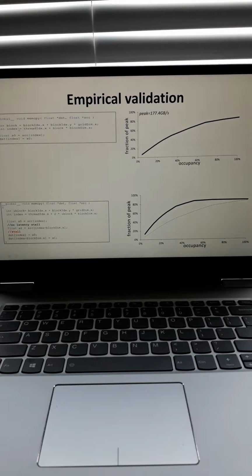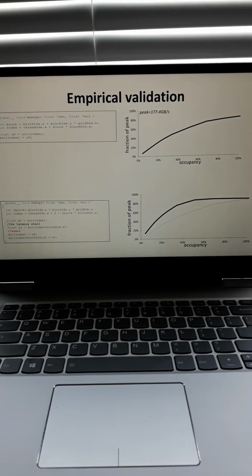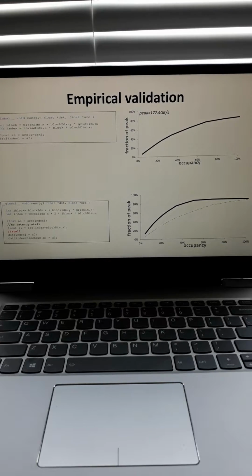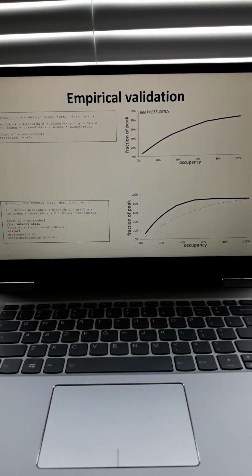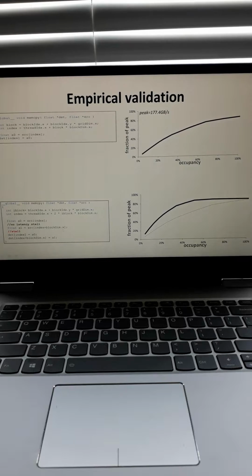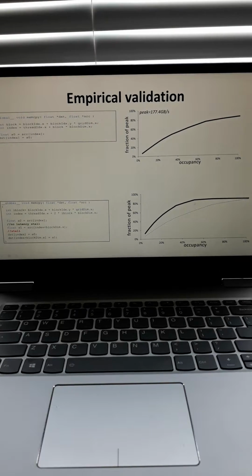To get a peak of 84%, we need 100% occupancy. In the second case, we are copying 2 float values per thread instead of one. That is, A0 equals source index and A1 equals source index plus block dimension into X. We can see here that to achieve the peak of around 84%, instead of needing 100% occupancy, we are achieving the same with only